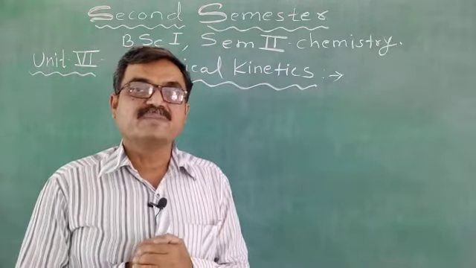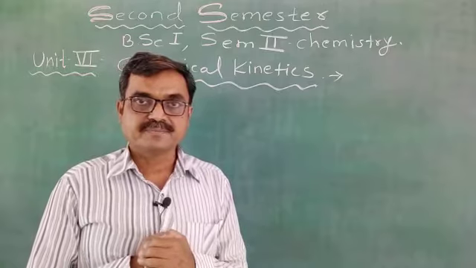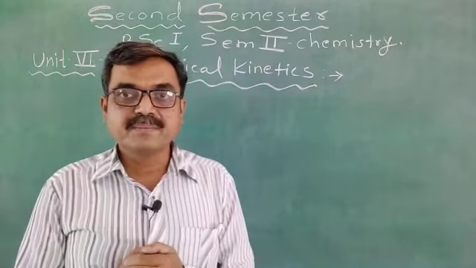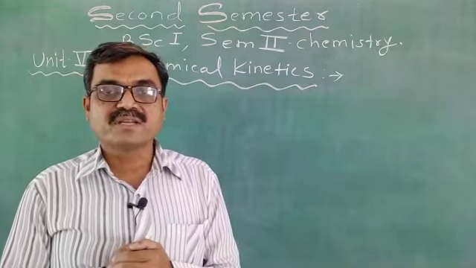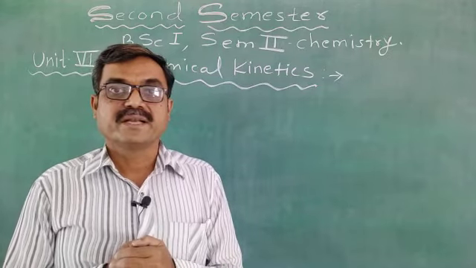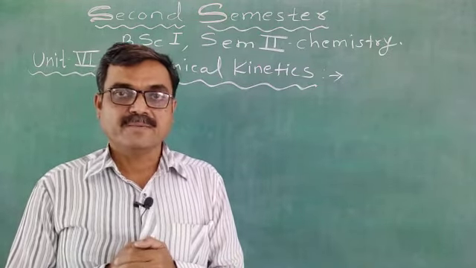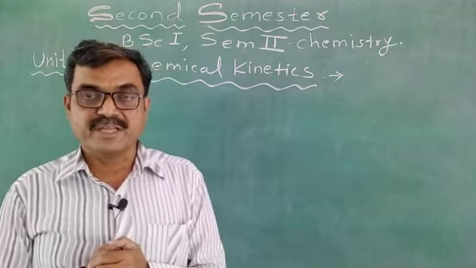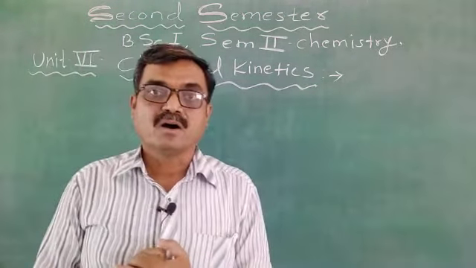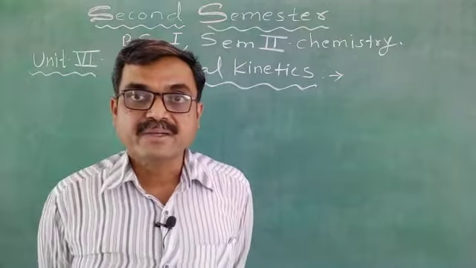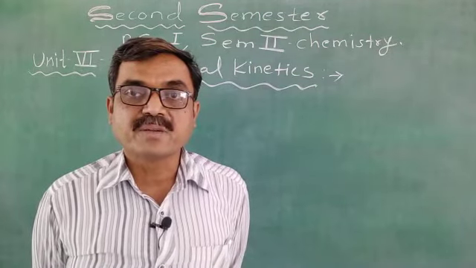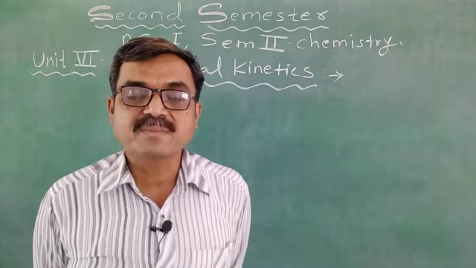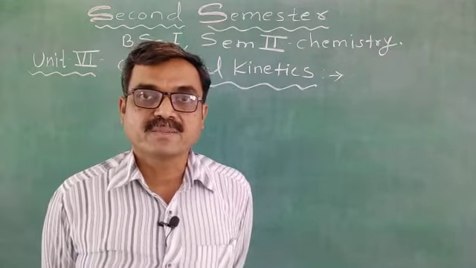Now see, what is meant by chemical kinetics? Actually, this chemical kinetics is the branch of chemistry which deals with the study of rate, that is velocity, of the chemical reaction at a given condition of temperature, pressure and concentration, and also deals with the elucidation of the mechanism of the reaction. Are you getting clear? समझ में आया?